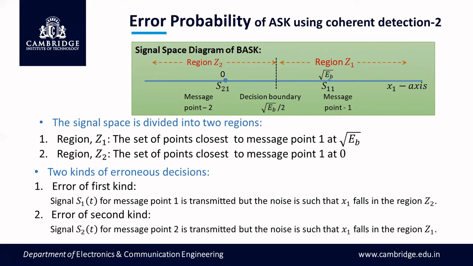So at this point there are chances of making an error under two conditions. First, assume that symbol 1 is transmitted with the amplitude of root Eb. But after transmission, due to the presence of noise, the received point may fall in the other region. The Q function is a very useful standard integral for Gaussian distribution functions. Q of x is defined by 1 by root of 2 pi, integration from x to infinity of the exponential function of minus z square by 2. This is very important. The lower limit shifts up to the left side.